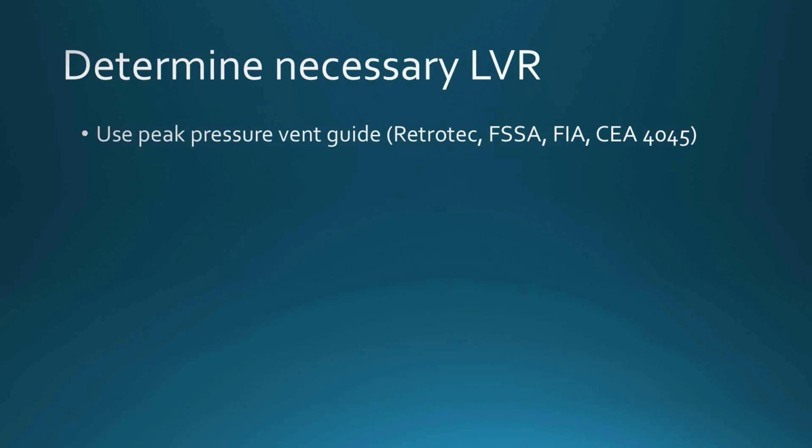So there are venting guides that we put out, FSSA has put out, FIA has put out, and so on. The first three are kind of like one and the same. The halocarbon venting formulas that we're all using are essentially the same formulas. In a lot of cases, the agent manufacturers have their own venting formulas, and I can say quite honestly, from my own experience, if there's a difference between the two,